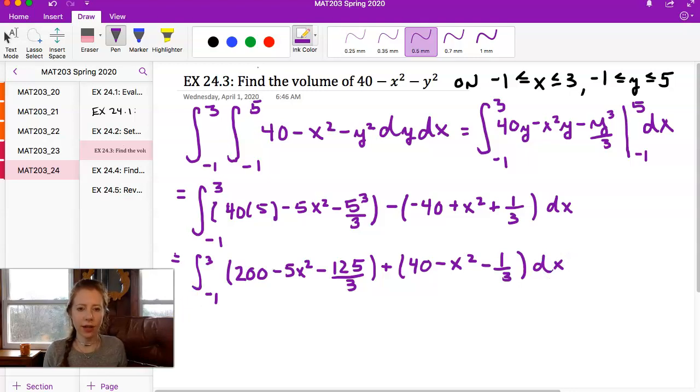Okay, and so we end up with the integral from -1 to 3 of 198